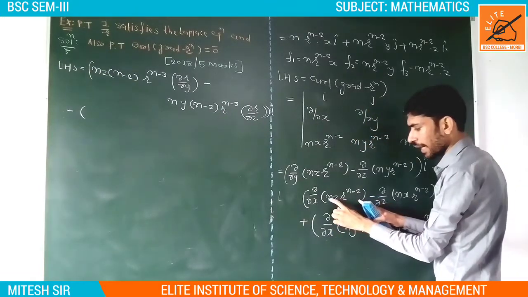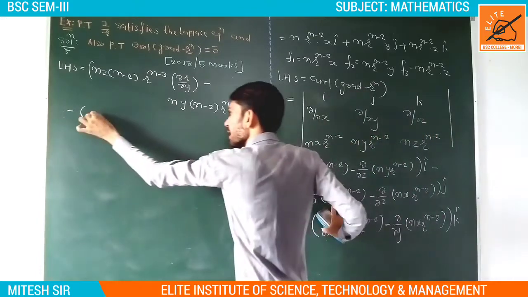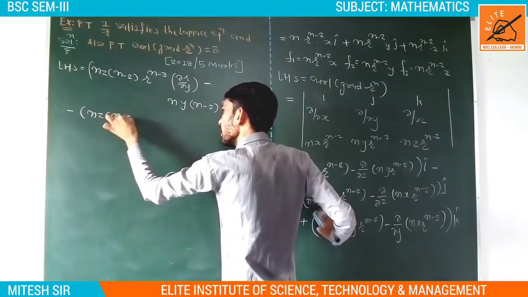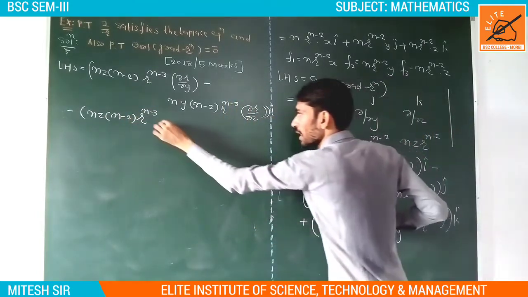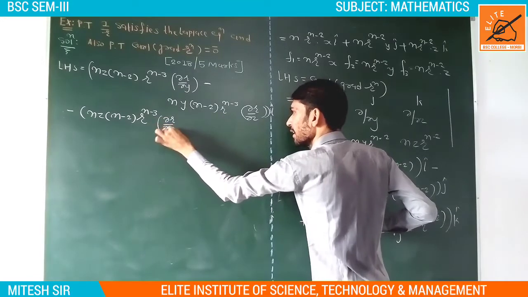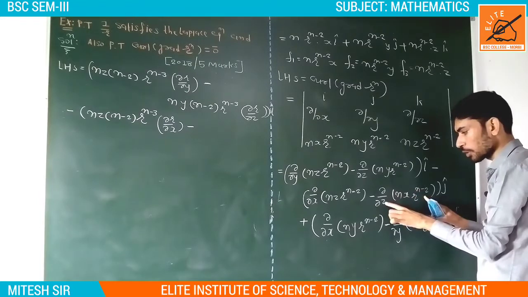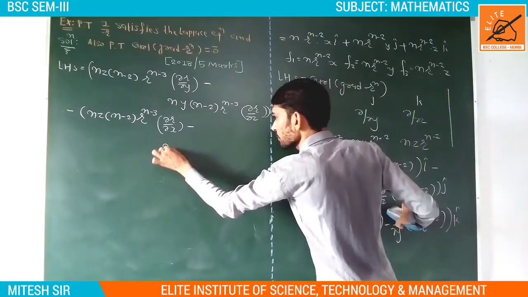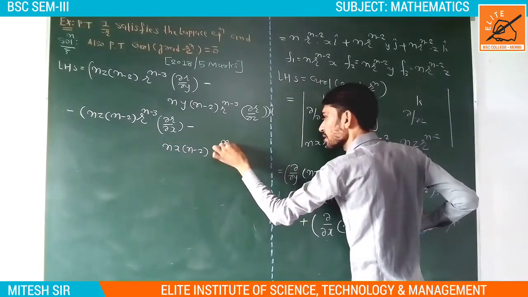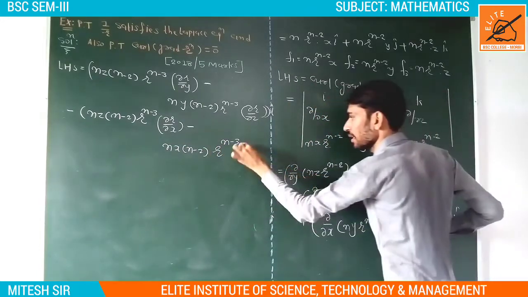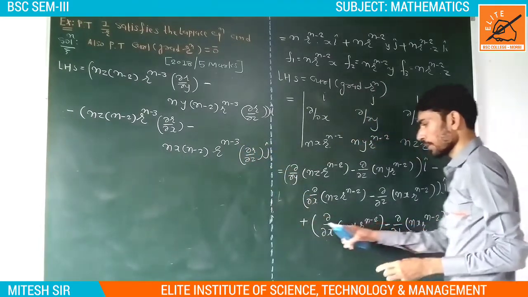Now in second term, NZ r^(n-2) with respect to x કરી તો NZ constant count થશે, NZ as it is into (n-2) r^(n-3), with respect to x કરી છે તો બાજુમાં લખાશે ∂r/∂x. Minus nx r^(n-2) with respect to z કરી છે તો nx as it is, (n-2) r^(n-3), with respect to z કરી છે તો લખાશે ∂r/∂z into j cap. Plus